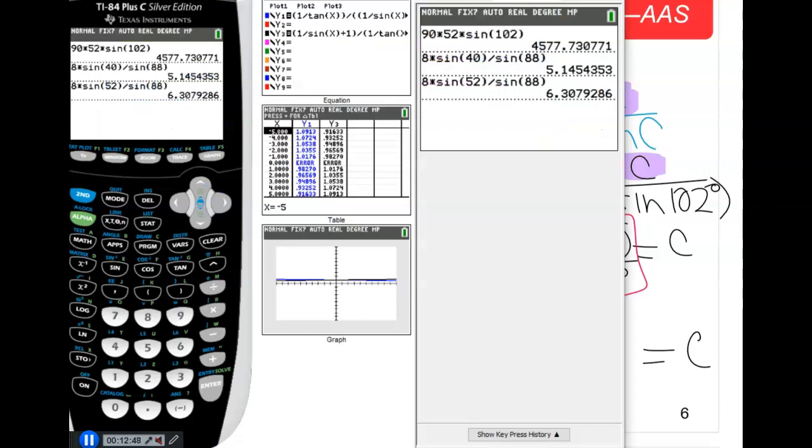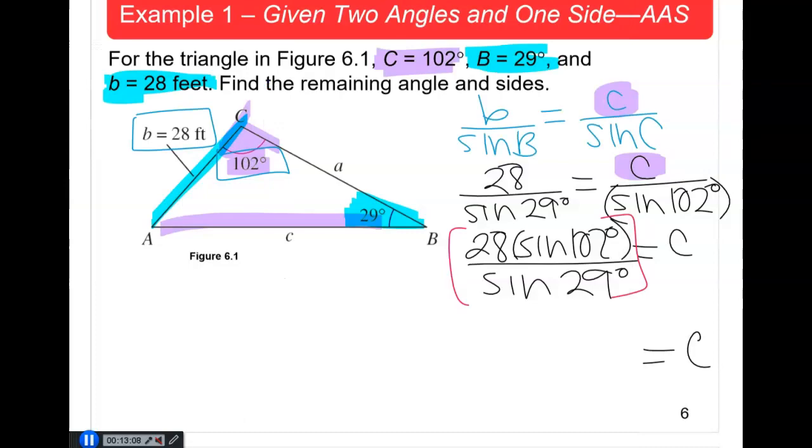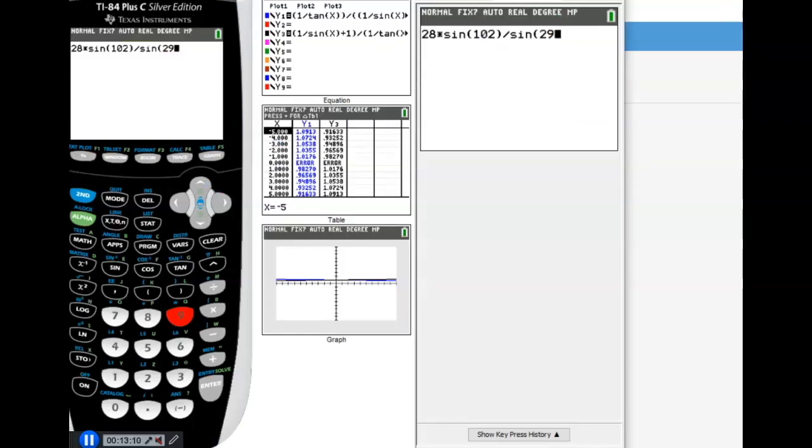So it's going to be 28. Well, I'm going to clear my screen. It is 28 times sine of 102. We close parentheses, and then divided by the sine of 29. Let me just check that's what we wanted. Yes. So we close parentheses, and I just want to point out that we need to have degrees on our